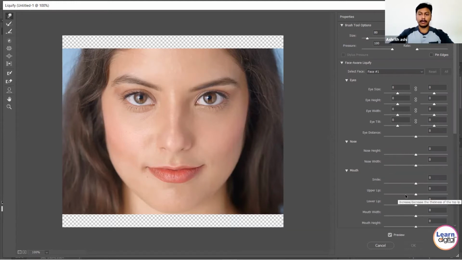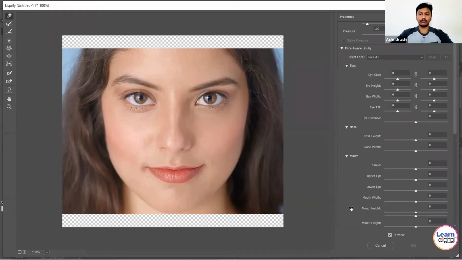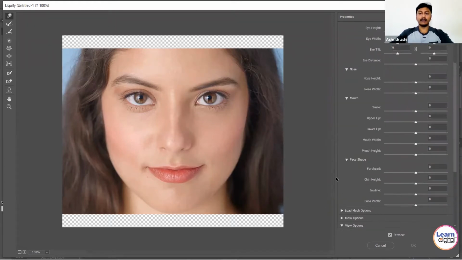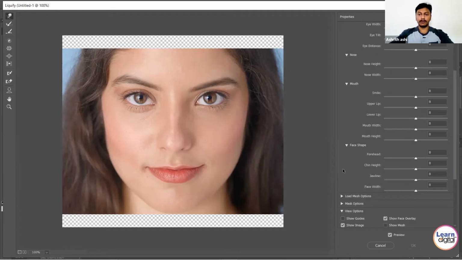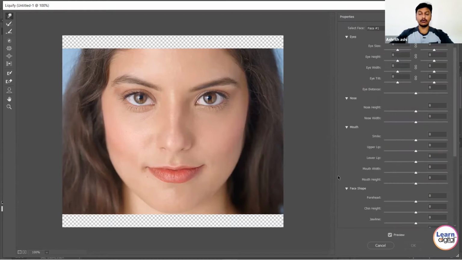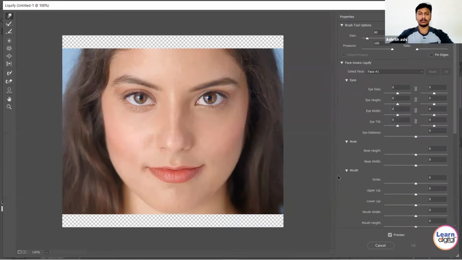Then mouth: smile, upper lip, lower lip, mouth width, mouth height. Then face shape: forehead, chin height, jawline, face width. These are all the main things you can change in your face, because in your face you can see only this much, right? Eye, jaw, nose, lips, this many things.